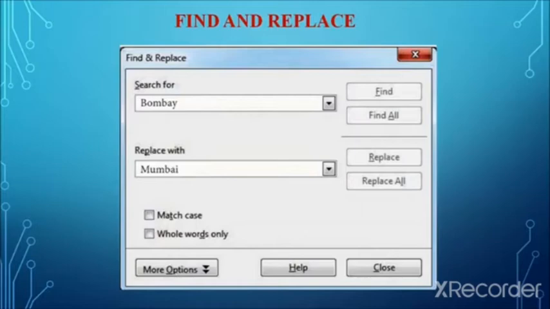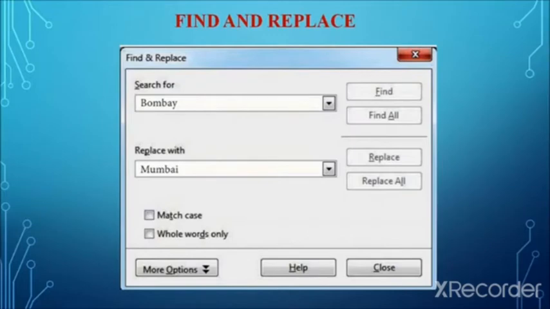For example, to search the word Bombay in a document and replace it with Mumbai, we have to type the word Bombay in the search for text box. To replace the text with the new text, the new text should be typed in the replace with text box.